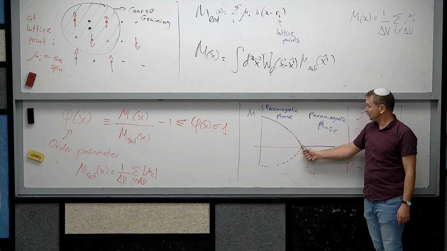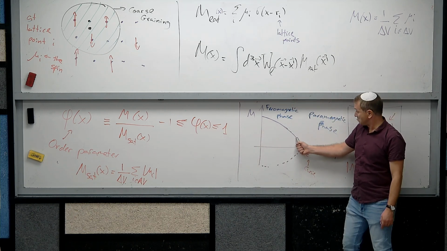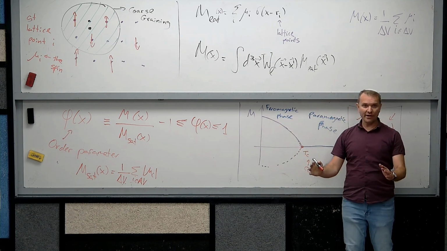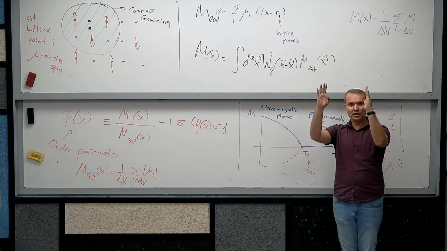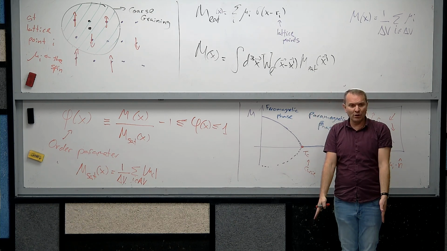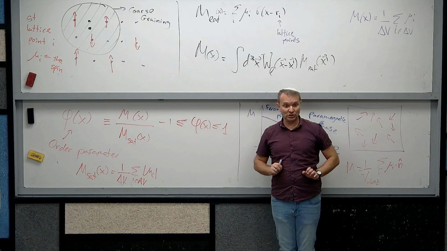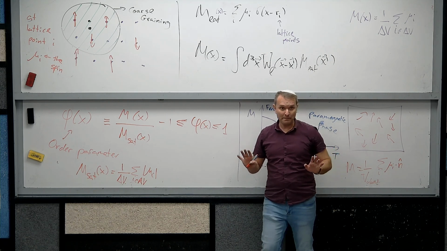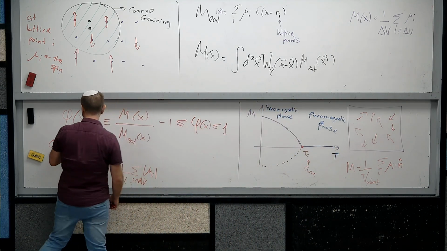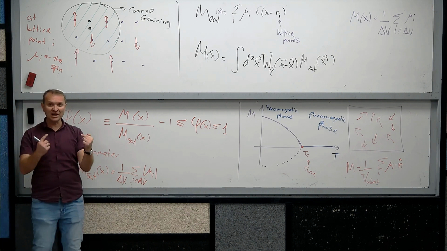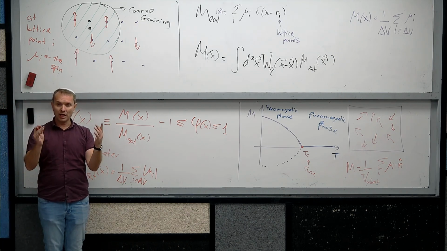Order is when this field is something that is positive or negative. I don't care if the magnetization is eventually in the up direction or in the down direction. The only thing that matters is that I have total magnetization. That's it. All right? So this order parameter phi is what measures